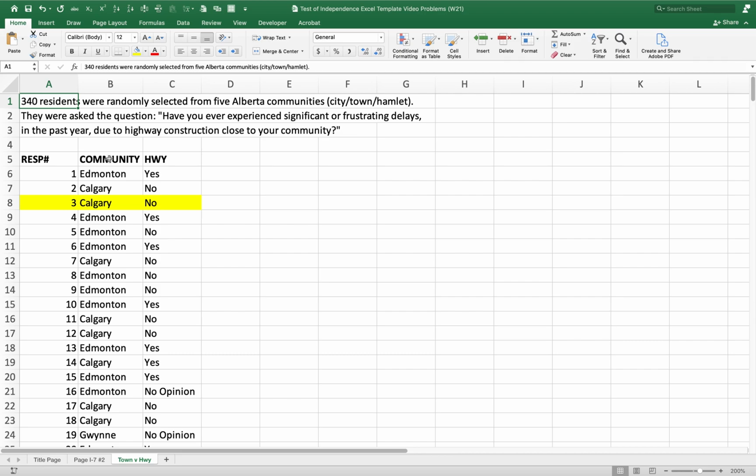340 residents were randomly selected from 5 Alberta communities, whether it's a city, a town, or a hamlet, and they were asked the question, have you ever experienced significant or frustrating delays in the past year due to highway construction close to your community? One thing I want to note on this particular thing here is that this probably is